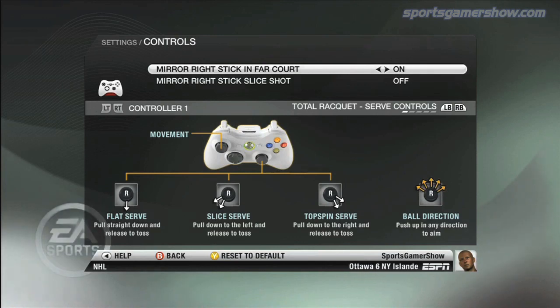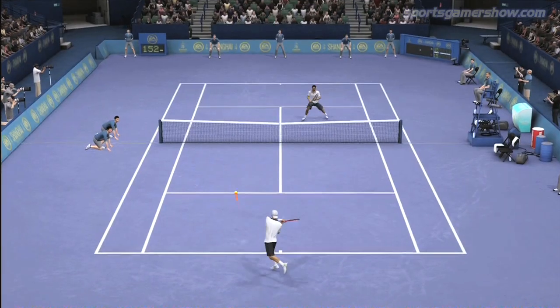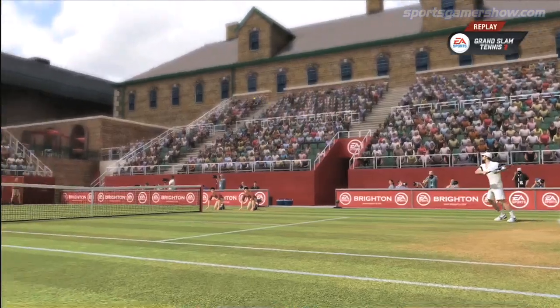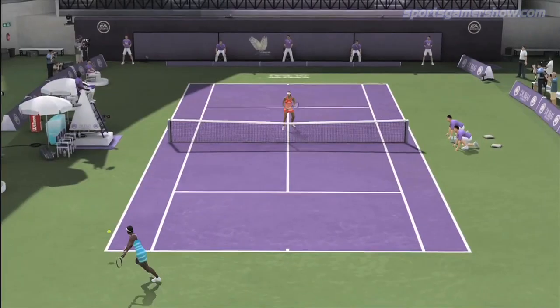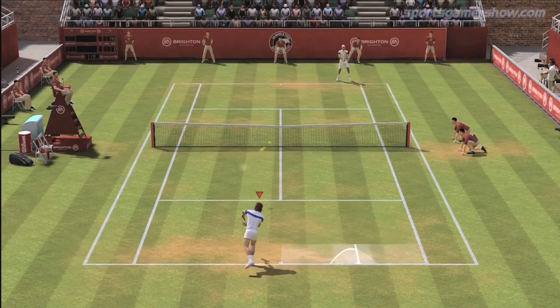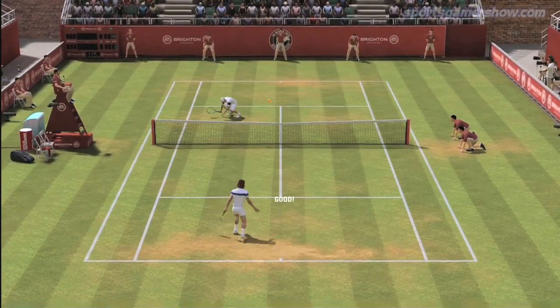Like many other sports games, Grand Slam Tennis 2 utilizes the right analog stick as a way to give users total control. The game's total racket control allows users to control every shot with the right stick, and while it may take some getting used to, once you get the hang of it, you'll never go back to using the buttons to control shots. Every type of shot can be executed with a simple flick of the stick, from serves, topspins, slices, and lobs. It's a satisfying experience to execute a shot exactly the way you want to with the